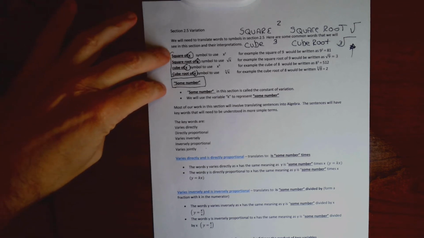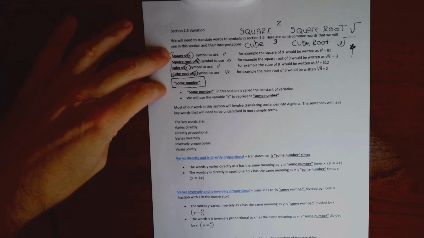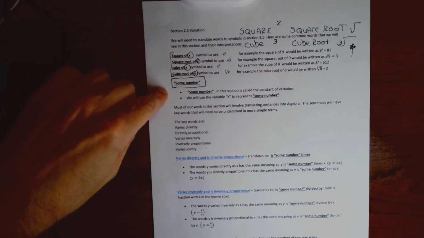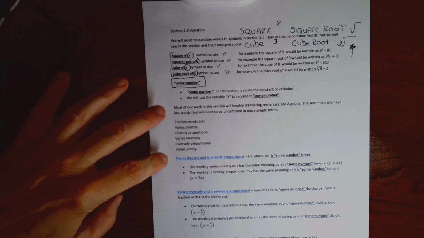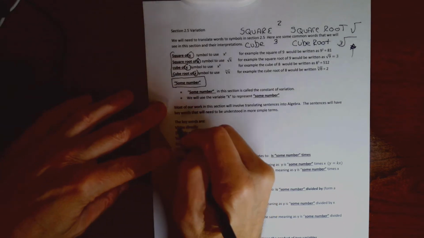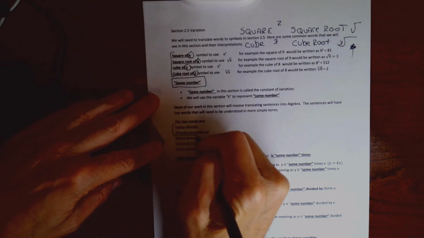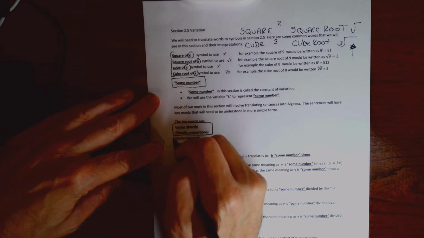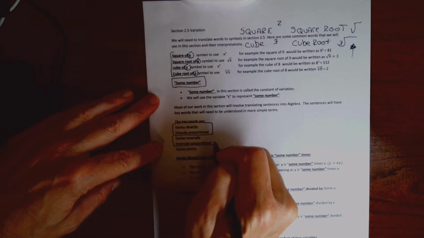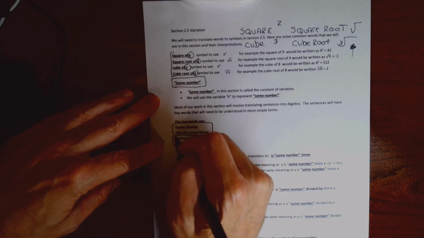So these are hugely important, probably the most important words: square, square root, cube, and cube root. Some number is easy. I'm going to rewrite problems using the words "some number". I'll show you in a second. And when I use the words "some number" and I want to translate that to a variable, I'm going to use k. The other key words in this problem are varies directly, is directly proportional, varies inversely, is inversely proportional,